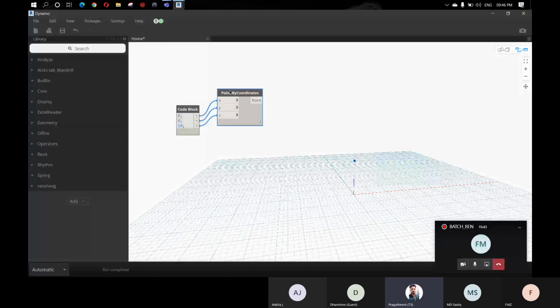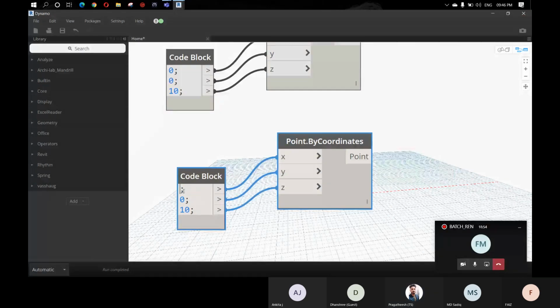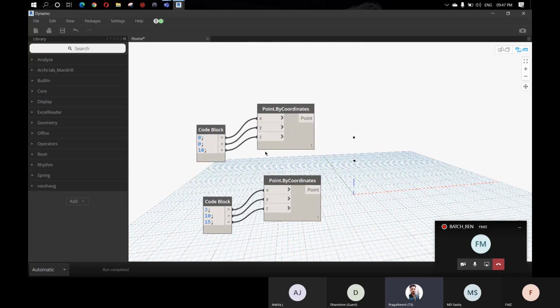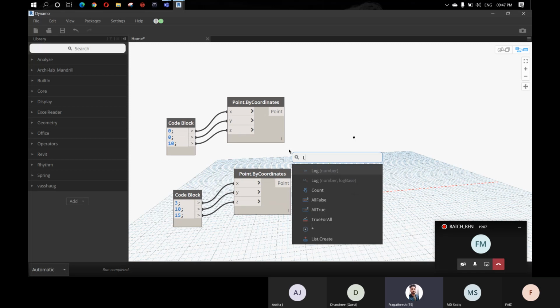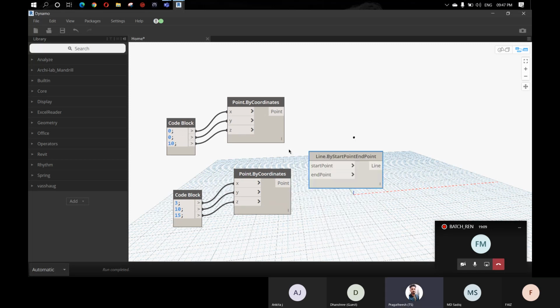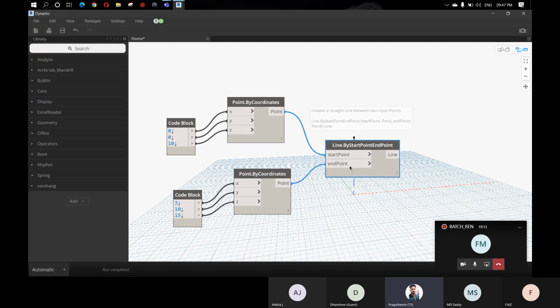Okay, so let this be my first point, and line by start point end point. This is the start point, and this is the end point.